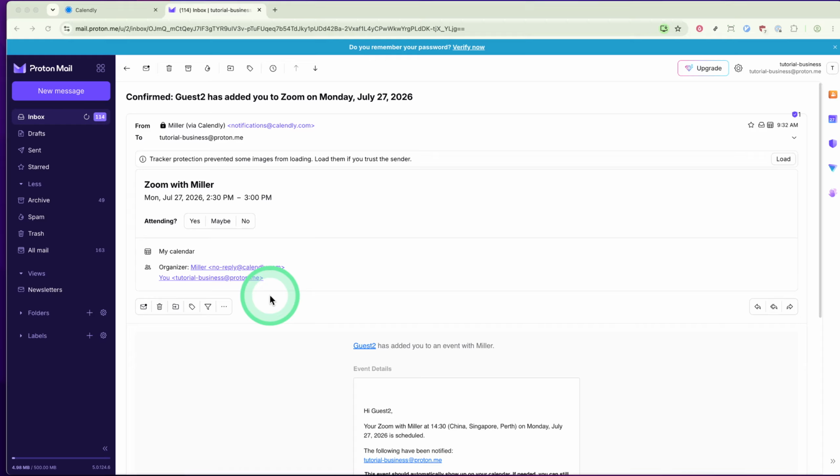First, you'll need to open your Gmail inbox or whichever email account you used when booking your appointment. This is important because Calendly sends all confirmation and reminder emails to the email address you used during the booking process. If you can't remember which email you used, check the inbox of the email you most frequently use for